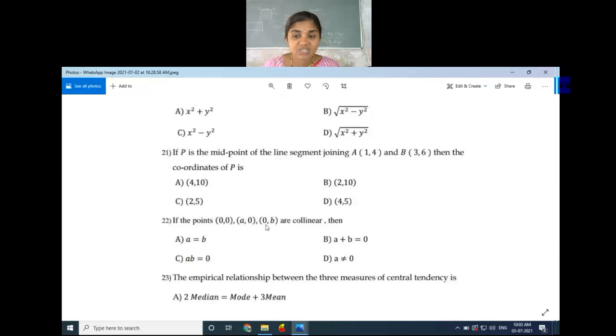The 3 points, in the sense we can imagine the 3 vertices of a triangle. But if the 3 points are collinear, the area of the triangle is 0. So we have to use the area of triangle formula equal to 0. Then substitute the values: x1, y1, x2, y2, x3, y3. We already discussed the same type of problem in the last model paper. Just substitute these values and simplify. What relationship do you get? What is the answer?